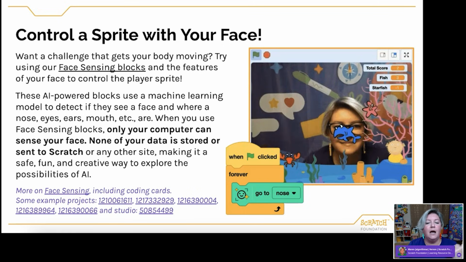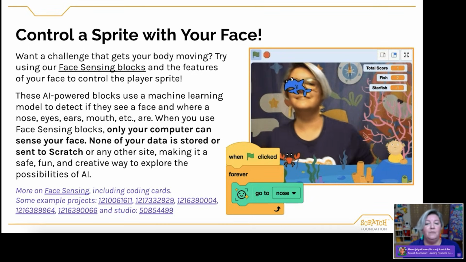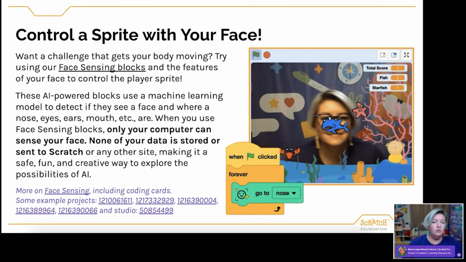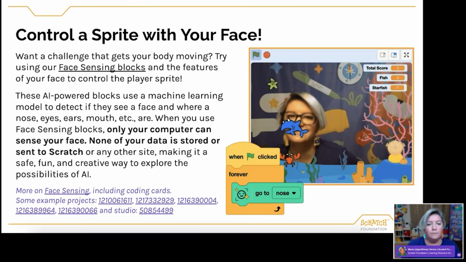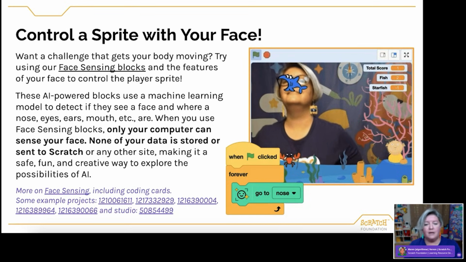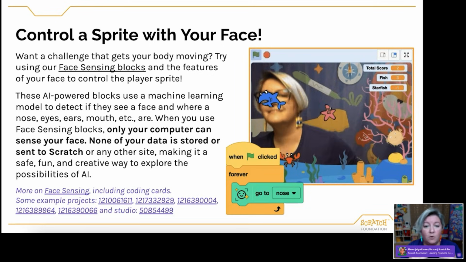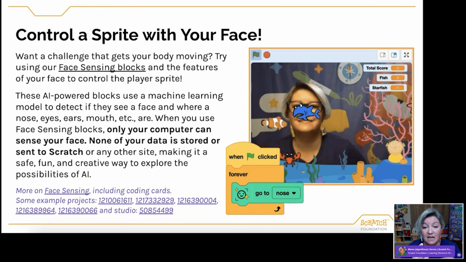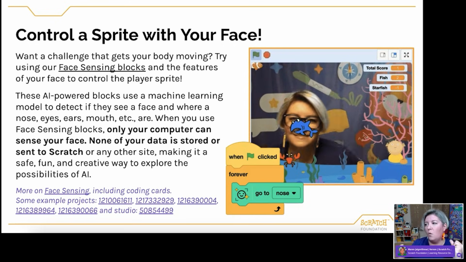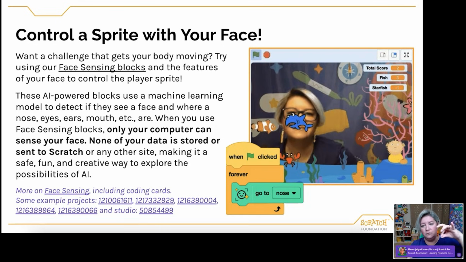might be. You could use these on things like informational projects, like food quizzes. That could be a fun game. You could tilt your head and maybe change a costume, or pick a right food, or there's a variety of things that you could do with these face sensing blocks. And then, as an added bonus, while keyboard and mouse keys could be used, sometimes face sensing makes it more accessible because maybe you have dexterity issues, or maybe it's just you have more tilt control using your head than you would using keyboard keys.